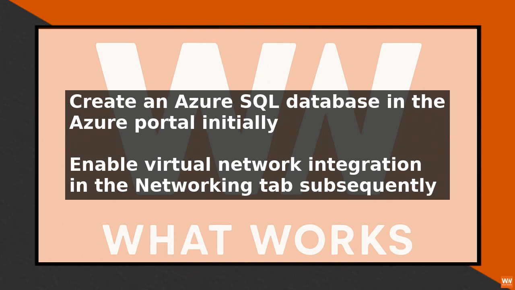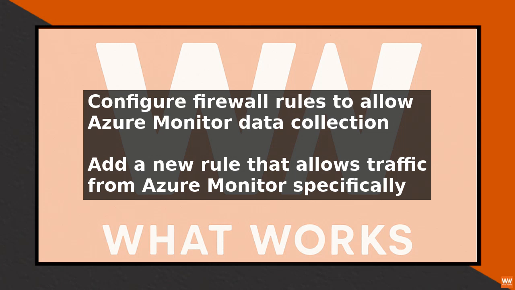First, create an Azure SQL database and enable the virtual network integration by going to the Azure portal and navigating to your SQL database. Then, click on the Networking tab and select the virtual network you want to integrate with. Next, configure the firewall rules to allow Azure Monitor to collect data from your SQL database. To do this, go to the Firewall and Virtual Networks tab and add a new rule that allows traffic from